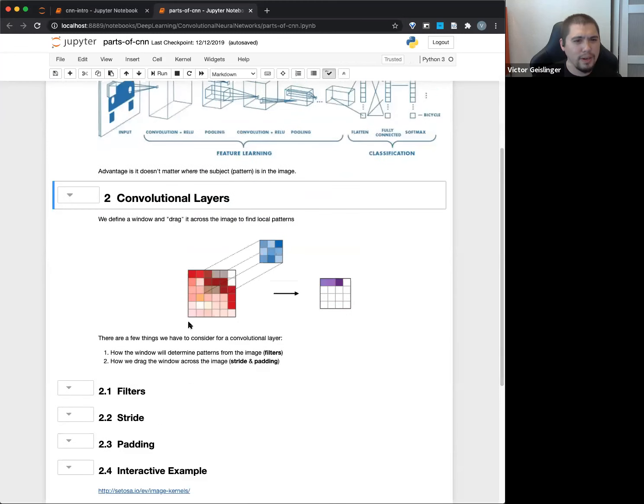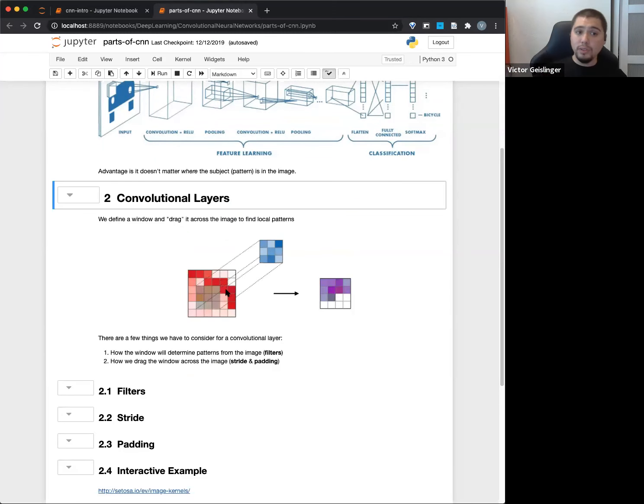I just want to point out the convolution, like how does convolution work? Basically, you look at what we call a window, and we take that window and look at just that small set of pixels, and we combine those pixels into essentially one value. So we're saying, hey, look at these 3 by 3 pixels, these 9 pixels, and reduce it to a single value.